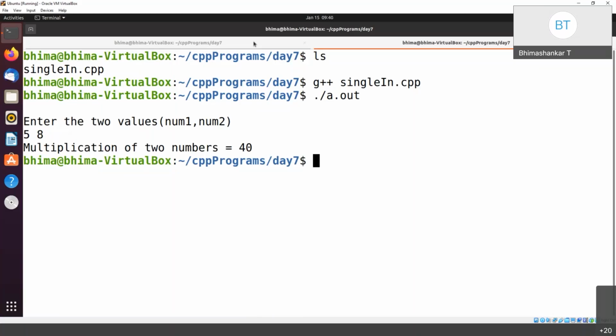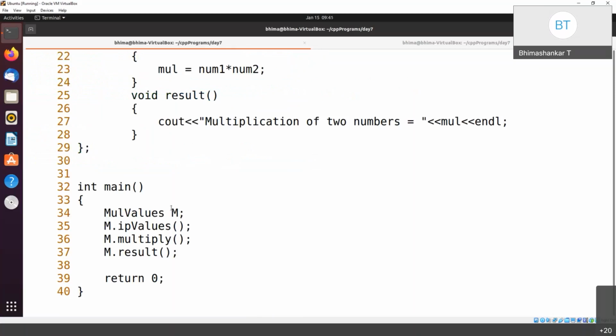So hence you can see that using class B, I am inheriting the values. So this is class B. Using class B, I am getting the values of num1 and num2 using input values. So this input values is a member of class A, right? And num1 and num2 are the protected members of class A. So those values I'm inheriting and doing some calculation, and based on that we are presenting the